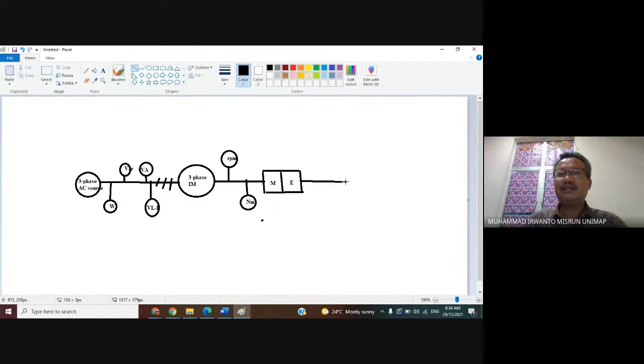Remember, this part is electrical. Now we need a resistor load here. So please give the resistor, and then ground.